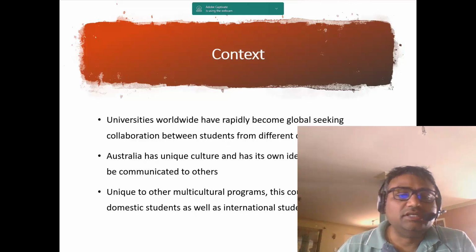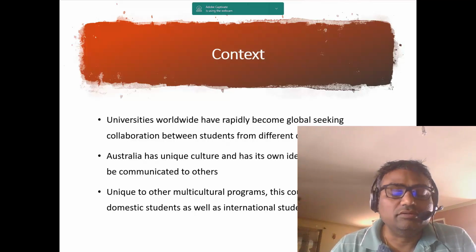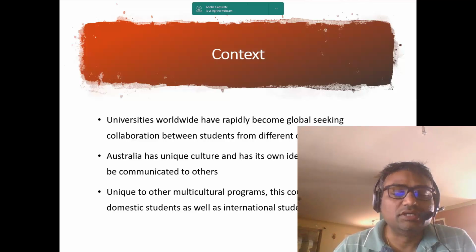The context here is that universities worldwide are becoming rapidly global, and constantly seeking collaboration between students from different countries and different cultures. Once they are placed into a group and you want them to work together, because of the unique culture that we each have, this needs to be communicated to everyone, and that's a way to find common ground.